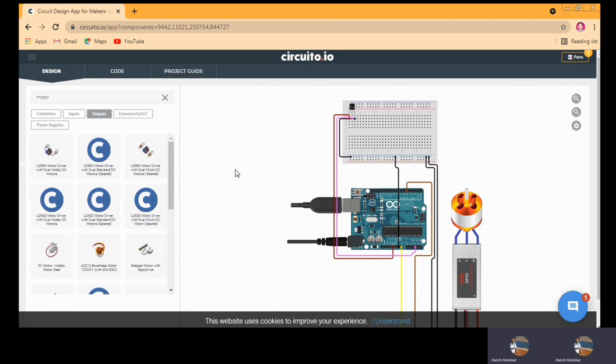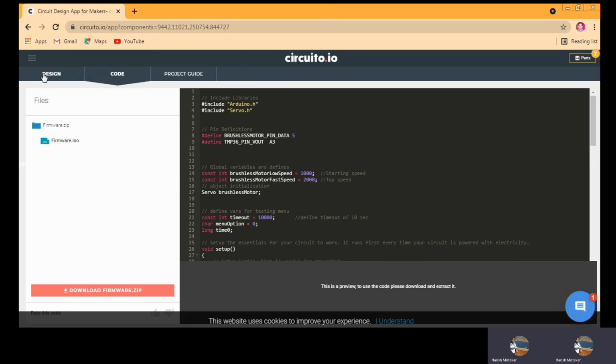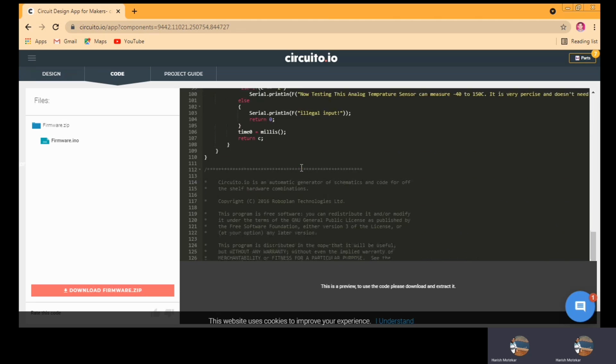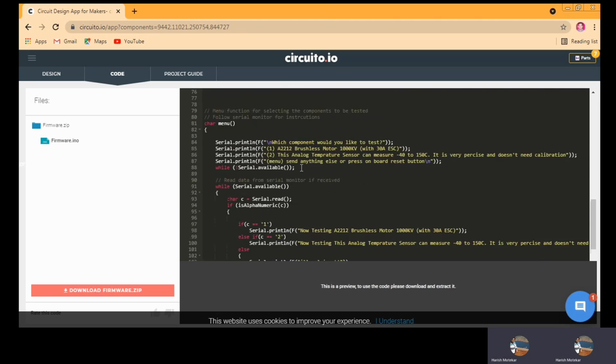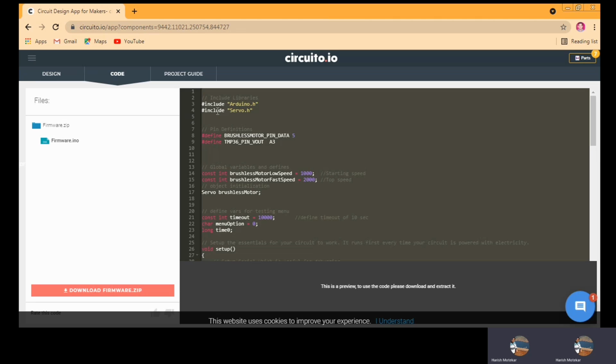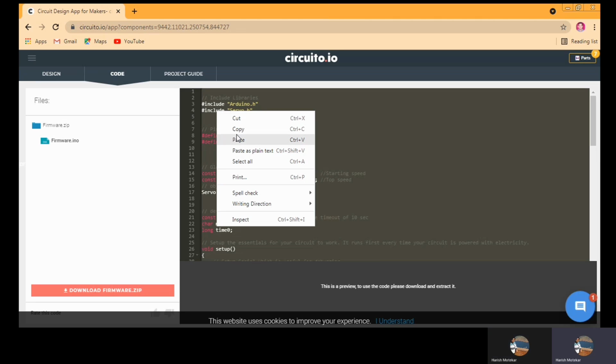Now let's move to the next step, that is the coding part. So here, whatever components we were adding, accordingly the code is generated here automatically. Okay, you can see the whole code of this program is generated. If you want, you can edit this code. If you want, you can directly copy and paste this code. You just need to select all and copy, right click and copy.